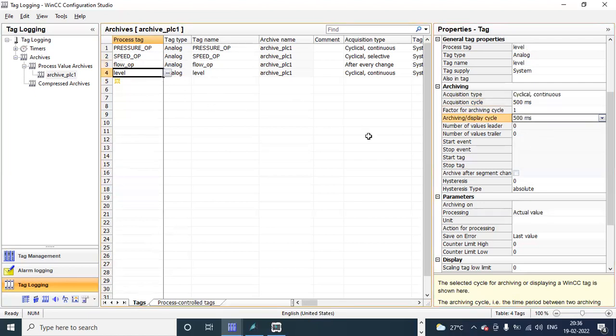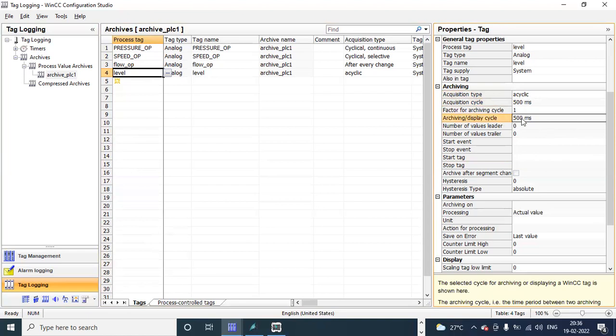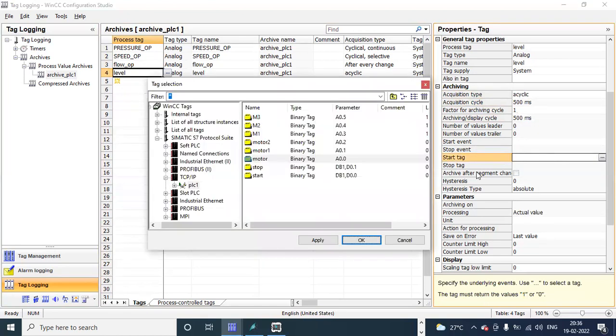Then the next example, for level. Here you can select acyclic, whenever data is changed. So here it will be the same thing. Here also you can do the start tag, whenever your motor is on.